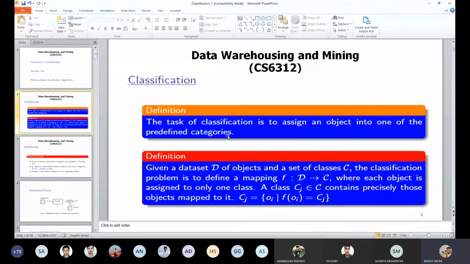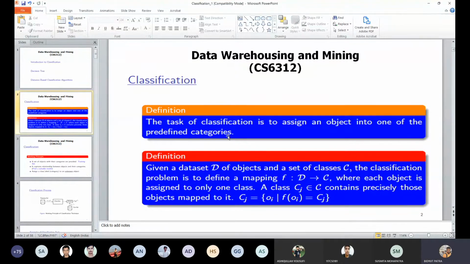Even the neural network works over a set of equations. So basically, the classification model finds the relationship between the objects and the classes.